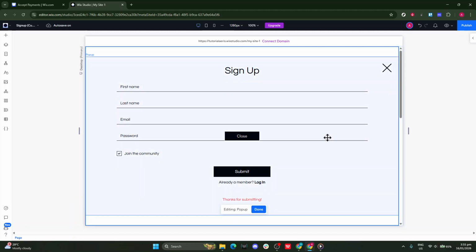That's it. By following these steps, Pages and Menu, Sign Up and Login, Member Sign Up Form, Custom Form, Add to Site, then refining design, layout, and triggers, you'll create a clean, branded, and effective member